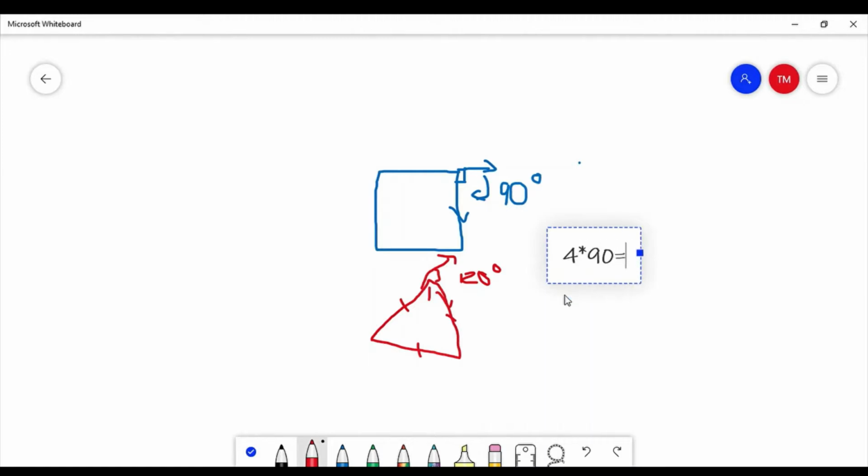But I found a pattern. 4 times 90 equals 360, because there's 4 sides in the square and each angle is 90. So 3 times 120 also equals 360. So